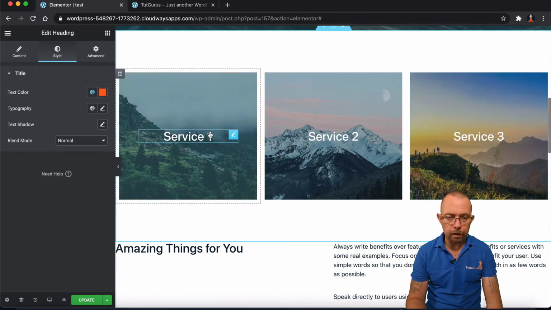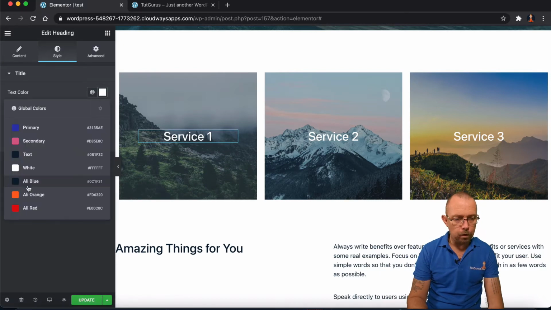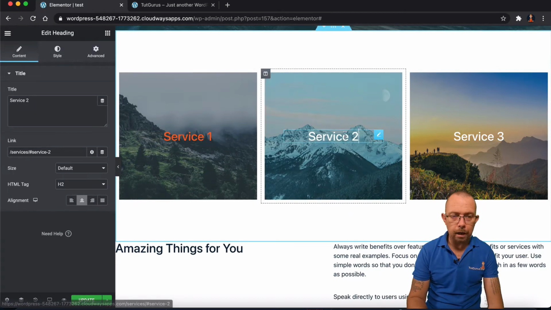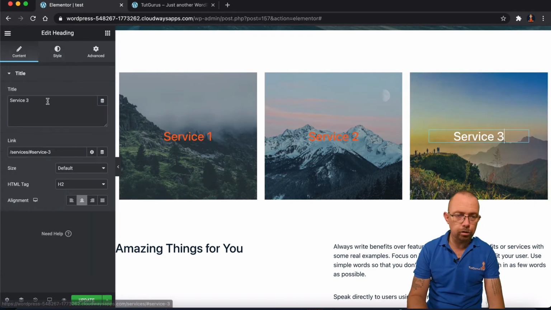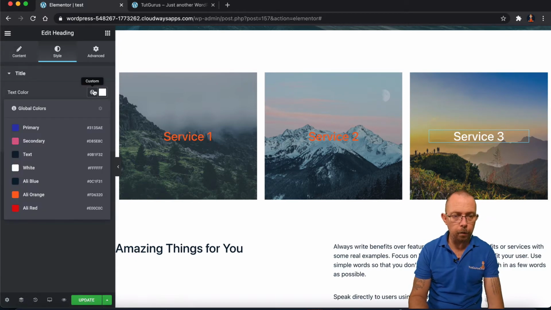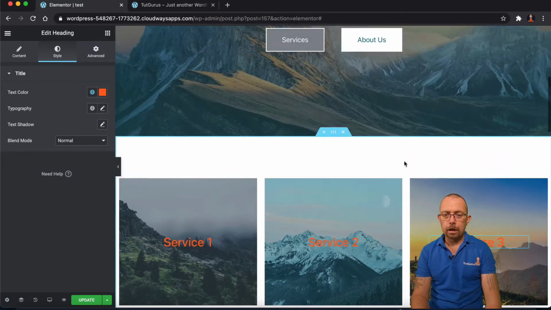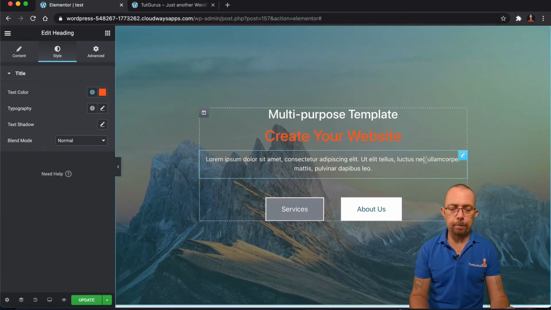And I then want these here. I want the same. So I click on them, go to style. I want them to all be the Ali Orange as well. Let me come to this one, clicking on text color, Ali Orange, coming over, service 3, coming over to style, clicking on the text color on the globe here, and I'm going to choose Ali Orange. So now I have all of these set up. I have all my headers set up to be Ali Orange.